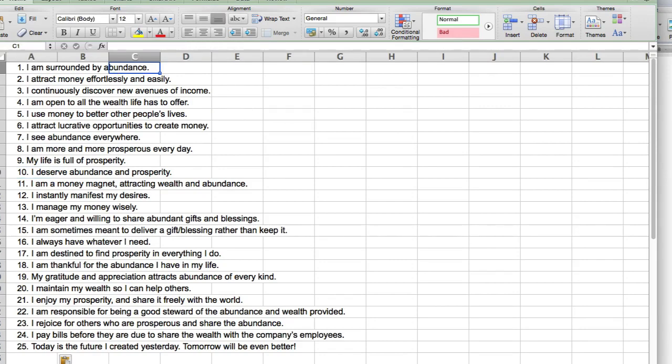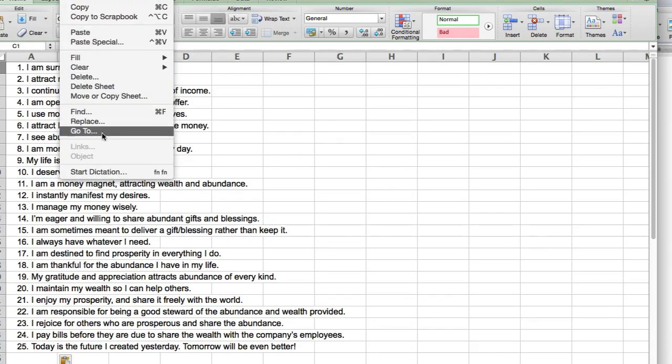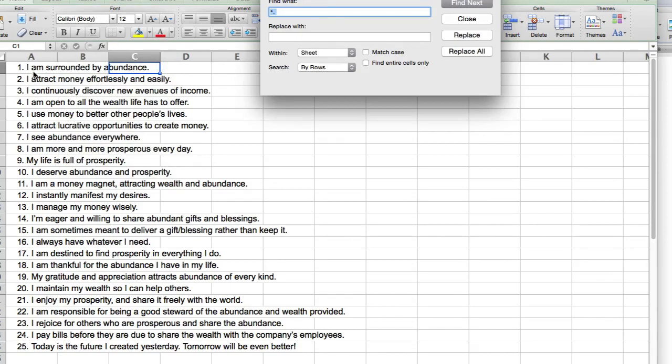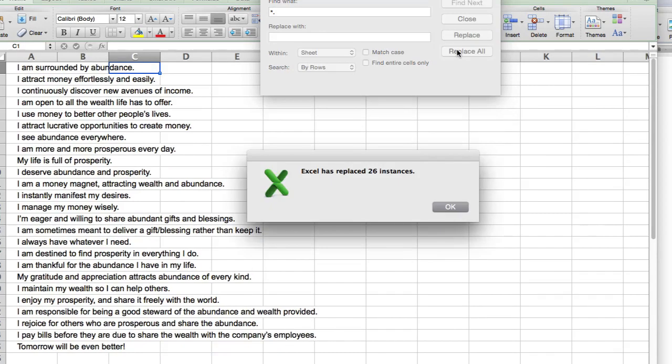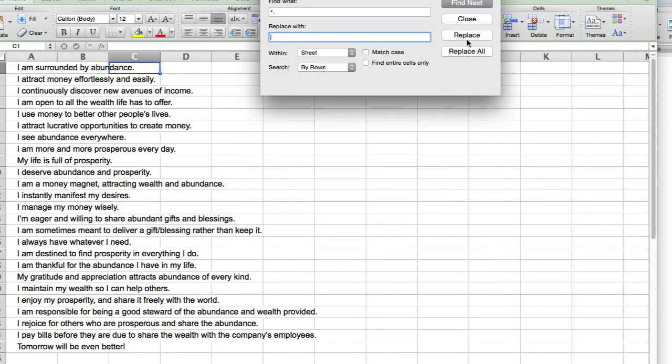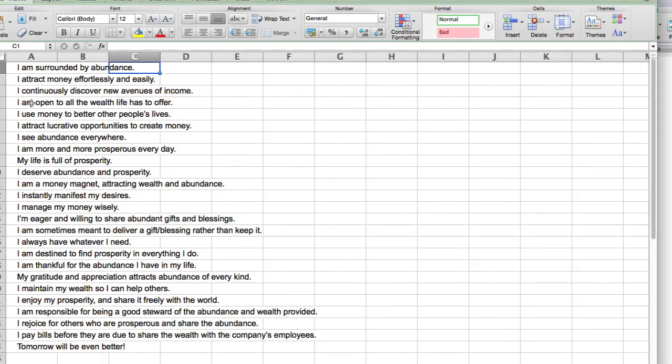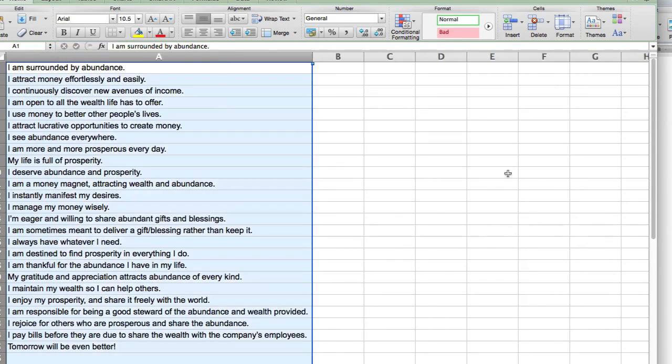People won't really know why there's a number 10 there. So to make sure it's a true data set, let's edit and do a replace. And if you notice the format here, each row is number, period, space, then the affirmation. So if we do star dot space, meaning take any character before a period with a space after it and replace it with nothing, it should, in theory, remove all of the numbers here. So let's do a replace all. And it did. So we have our affirmations here, 25 rows. Now they're not completely left justified, so let me just fix that so it looks clean.